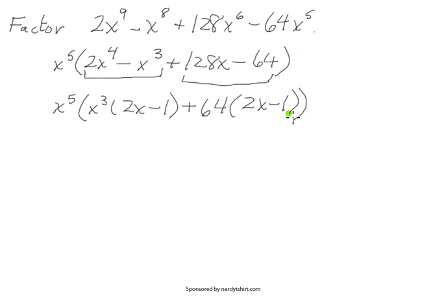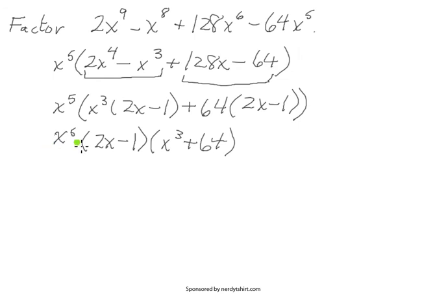The 4-term polynomial in the big set of parentheses here by grouping is boiled down to 2 terms, and 2x minus 1 appears in both of them, so you can finish off the grouping now by factoring out that common 2x minus 1. And when you do that, that leaves behind, you can see, an x cubed plus 64. So you look at this, and the grouping stage is done, and you may or may not be finished, depending